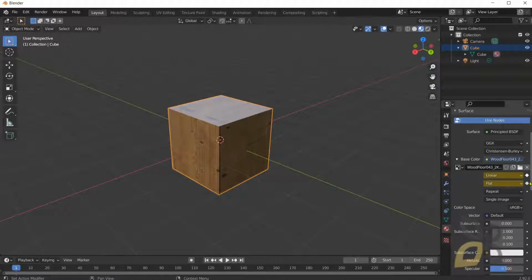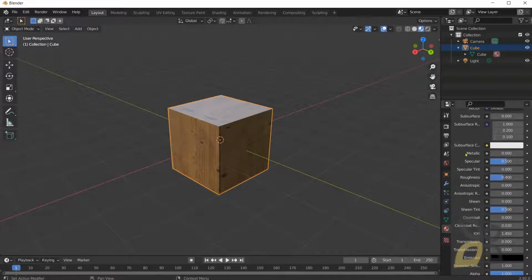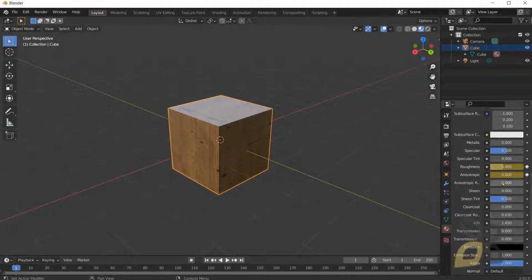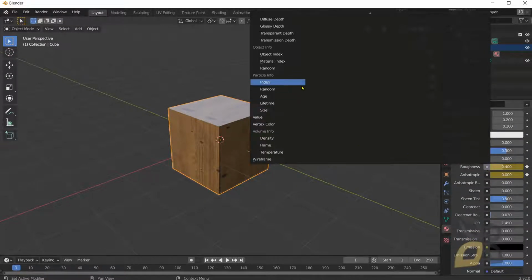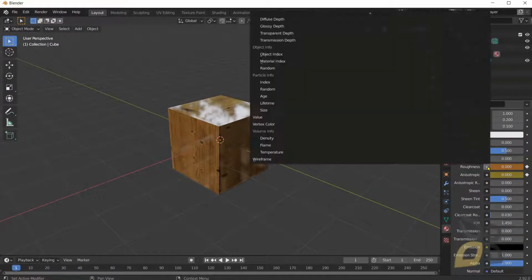So now for each of these channels, or let's call them layers or levels, you have to assign the corresponding effect. For example, here we have roughness, and you can also work with the values. If you set the roughness to 1, it's not going to be shiny anymore, because roughness is the opposite of specular. At 0, it will be totally shiny. And again, we can use a map instead of a parameter. So let's click here and get the